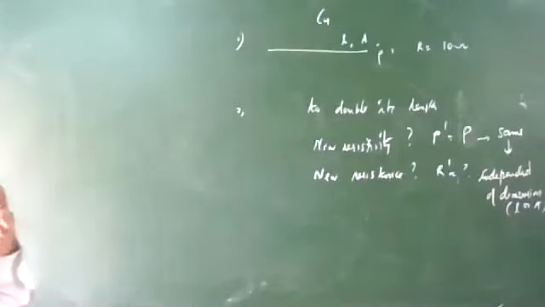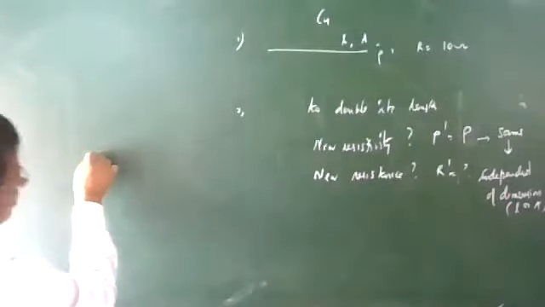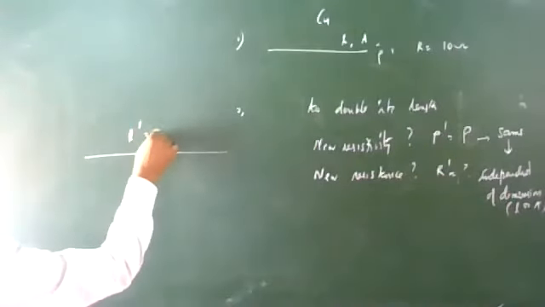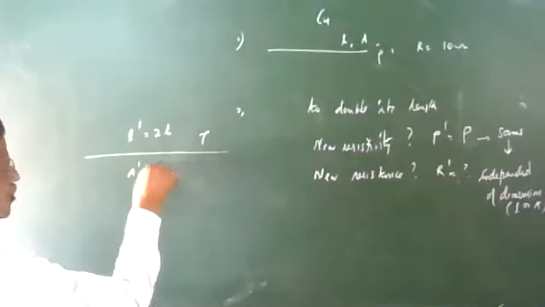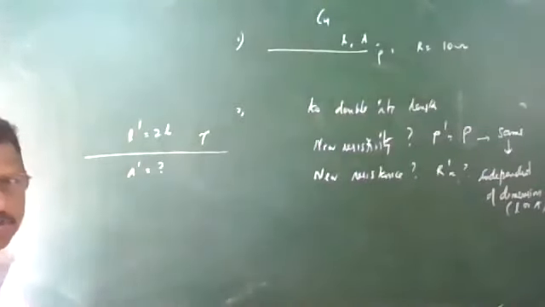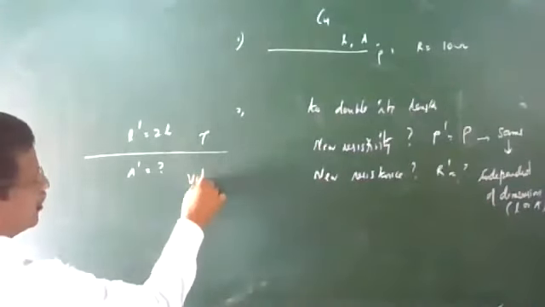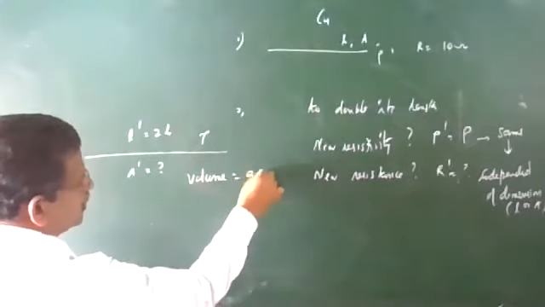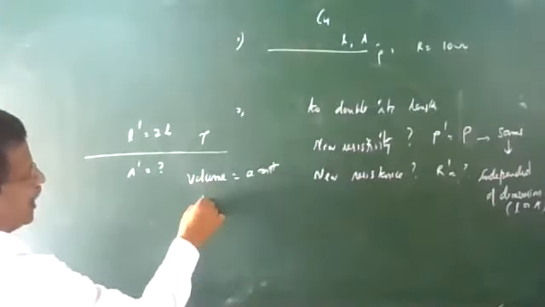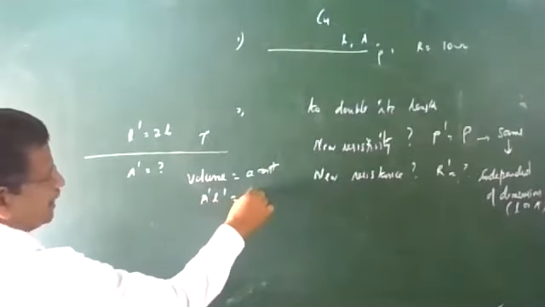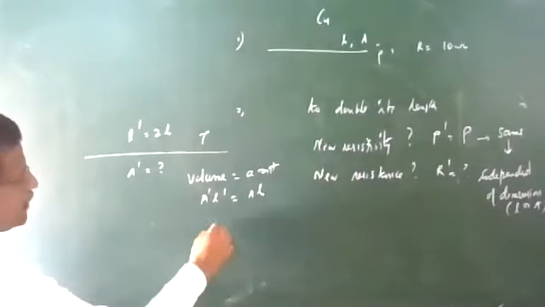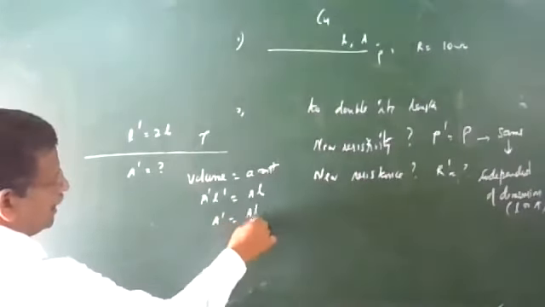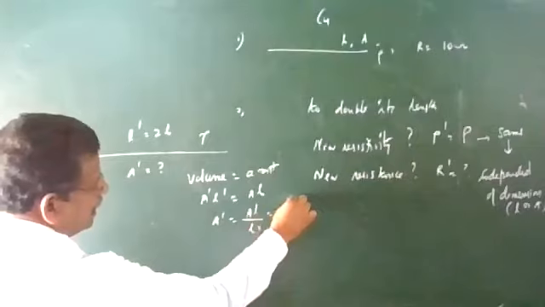But the new resistance, you have doubled the length. So the new length L dash is equal to 2L. Resistivity remains same. The area of cross section, of course, becomes thinner when you stretch, so area of cross section is reduced. But here you have to say that volume is constant. Final volume is A dash L dash and initial volume is A L. Volume remains constant, the material is same. So A dash is equal to A L by L dash.